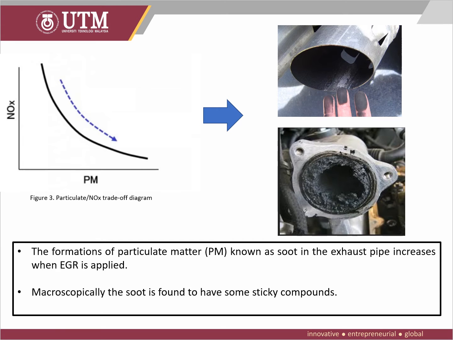However, there is a major disadvantage of an EGR system. The formation of particulate matter known as soot in the exhaust pipe increases when EGR is applied. As I mentioned before, the EGR lowers combustion temperature, which reduces the amount of nitrogen oxide produced, but it increases the likelihood of soot formation